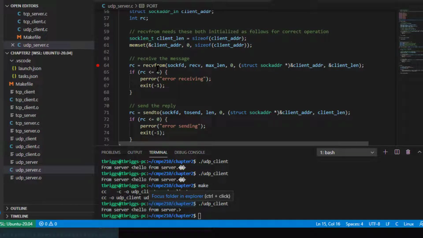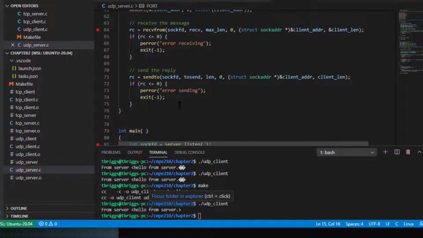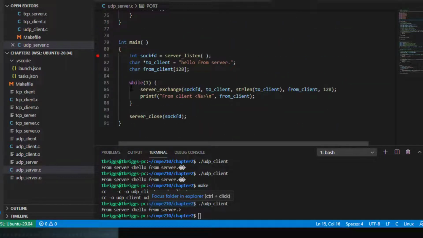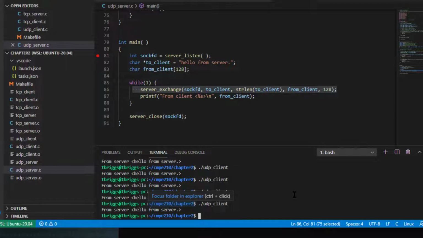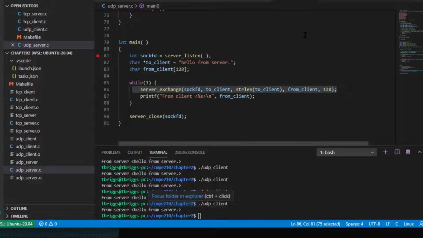So in the case of receive from, I'm going to receive from just about any host in the entire universe. And then we're going to send data back to whoever sent us data. And so we're going to send the string that says hello from server. And in the meantime, we're going to exit or return. So the server fills in those values and then it just prints out the message. And then we sit in an infinite while loop. So I can keep on doing UDP client and see hello from client and get the server back saying hello